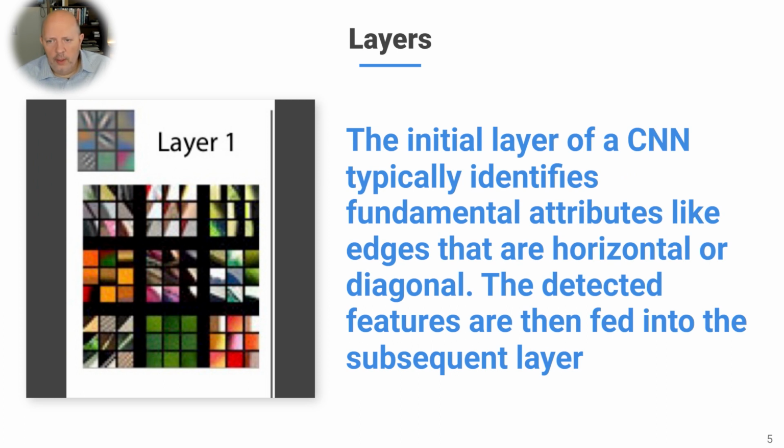So layer one identifies fundamental attributes like edges. I don't know where I found this, but I love this. It took me a while to put this together. So we're looking at a picture and we can see, hey, look, it has edges. And why is that important? Again, we go back to science. There's a scientific experiment that shows that if cats never see an edge, they'll fall off a table. They don't realize there's a vertical drop. Yeah, you can look it up. If cats are raised in a completely, I think it is symmetrical, like a cube, and never see an edge, they will fall right off a table. So layer one, basically we start identifying edges.